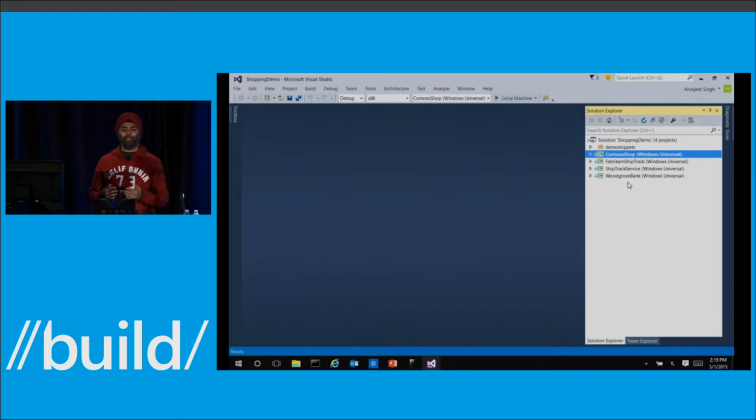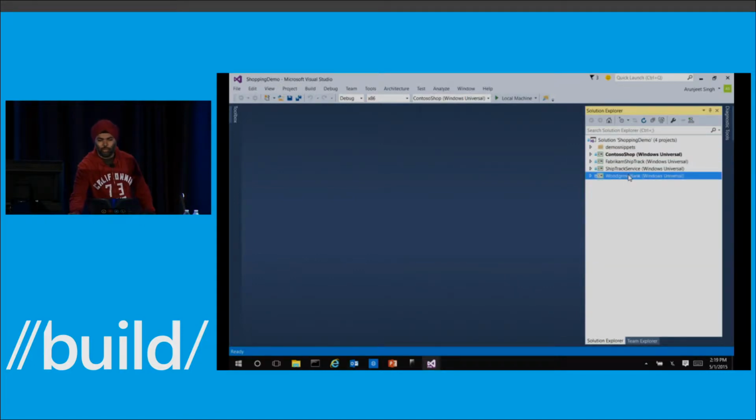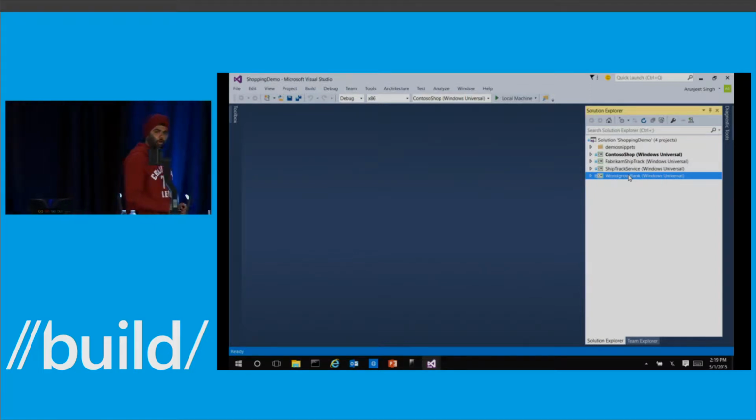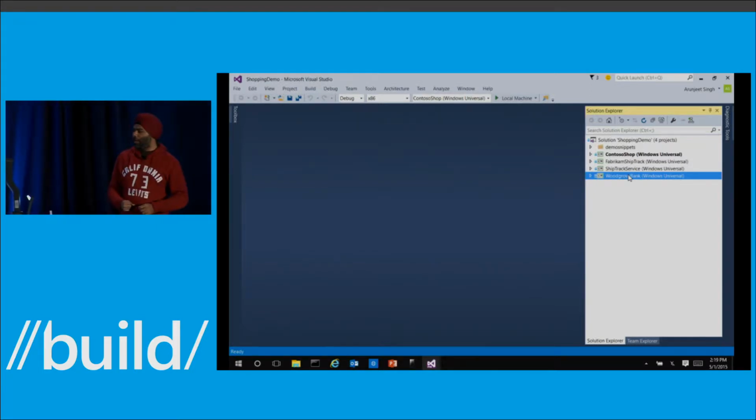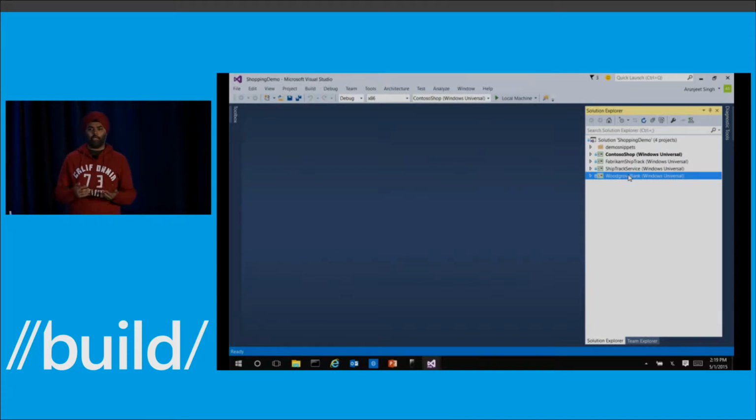What we want to do here is we want to use this other app here called Woodgrove Bank, which is also a very famous bank, to try and authorize the payment. So Contoso Shop does not understand how to authorize payments. So it's going to try and launch Woodgrove Bank to authorize the payment, because presumably the user has an account in Woodgrove Bank. And if they approve of the payment, because Woodgrove Bank will be launched for results, it'll say, yeah, the user bought, and everything's good with the world. Or it'll say the user didn't buy, sorry, try again.